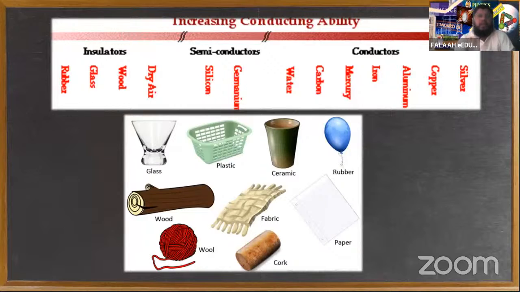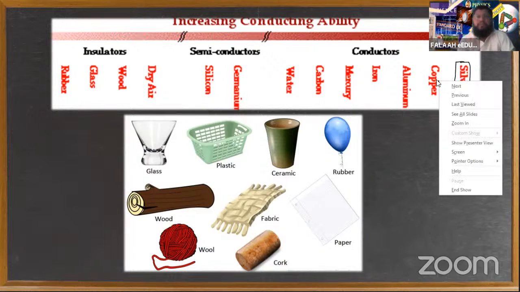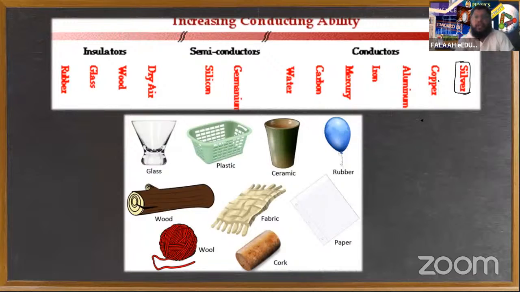Who is the best conductor? Silver. Who is the very best conductor? Silver, compared to copper. And who is the best bad conductor, or who is the best insulator? Rubber. Very good. Now this copper